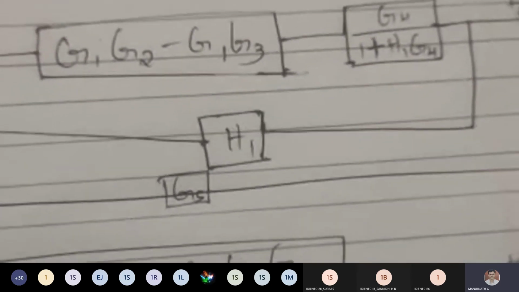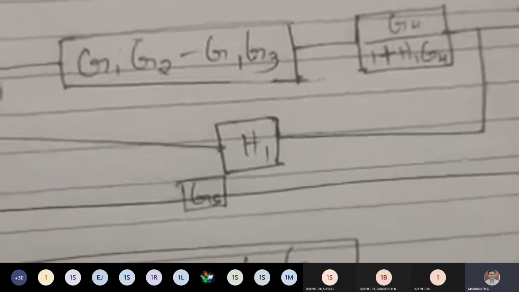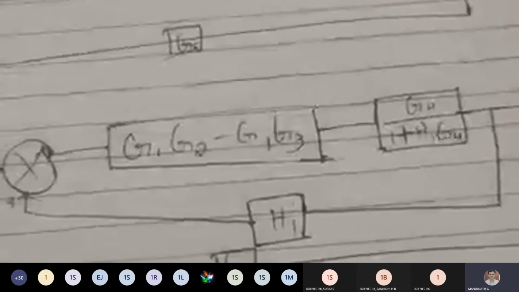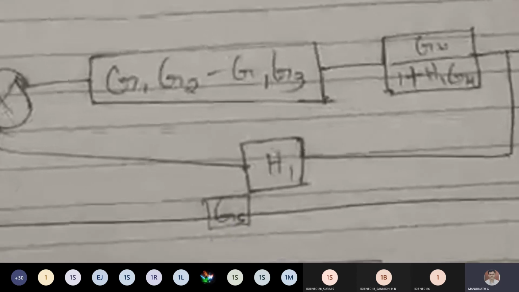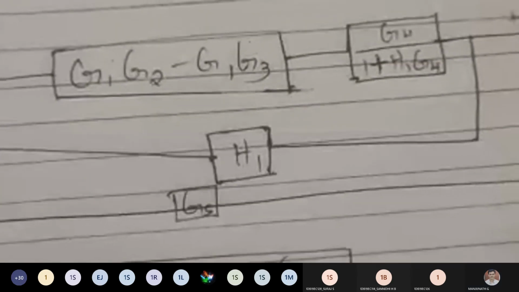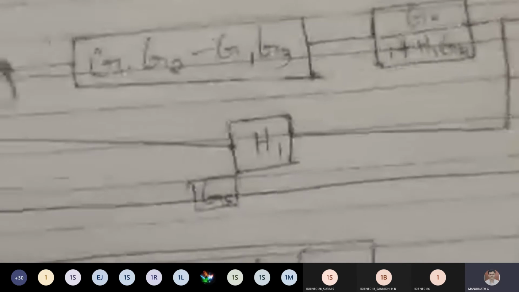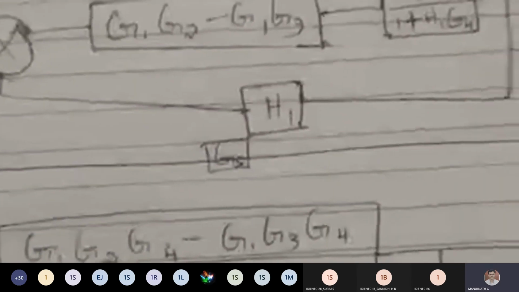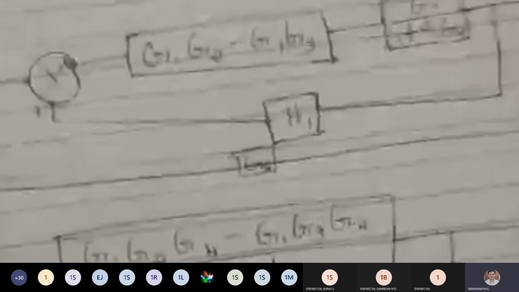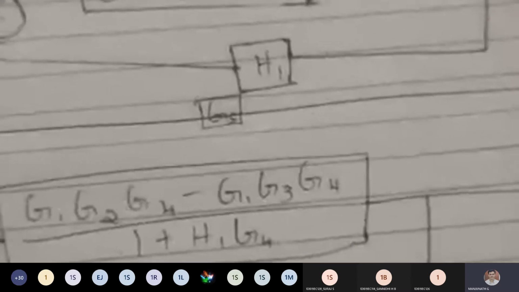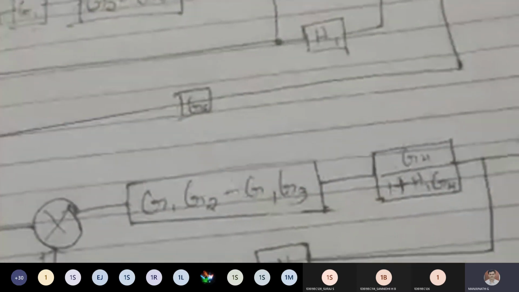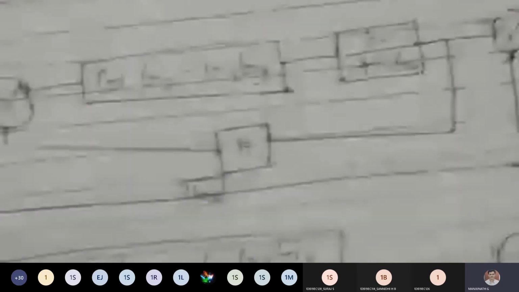So you have split your H1. See, when you split the H1, you should show it. Before that, you've done the reduction technique. So you should show the splitting of H1 both ways. Then you should do the reduction of this G. Is it clear? You can unmute, Satya. Yes, sir. So you have shown G1 splitting. Show it twice, then you can go with the reduction technique. Okay, sir. So then these two become cascade.